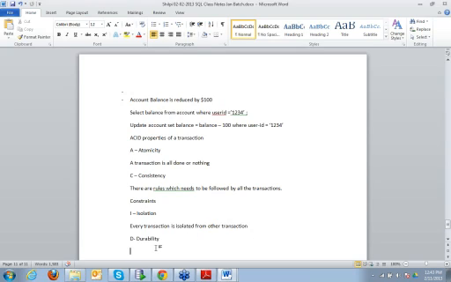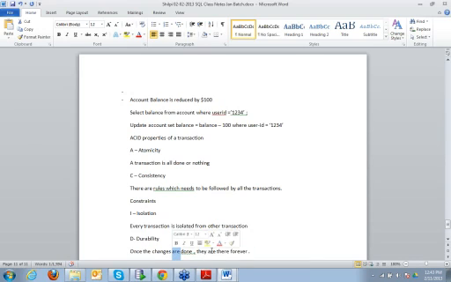Then durability. What does durability mean? Durability means once the changes are done, they are there forever. They can never be undone. They become permanent.